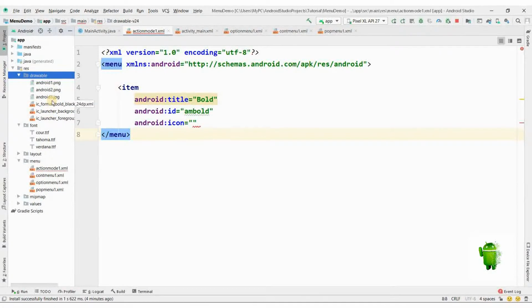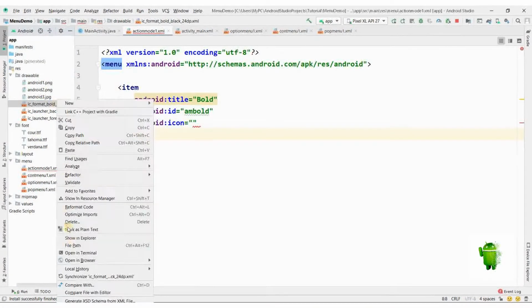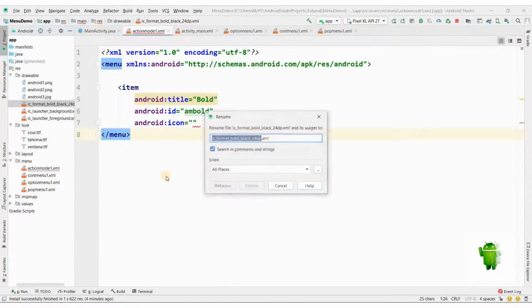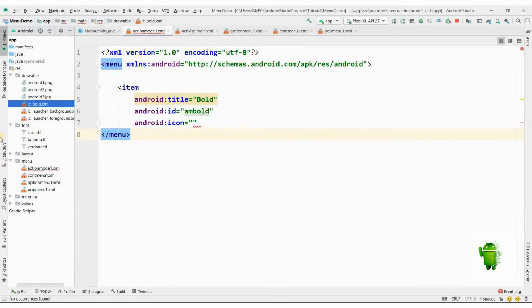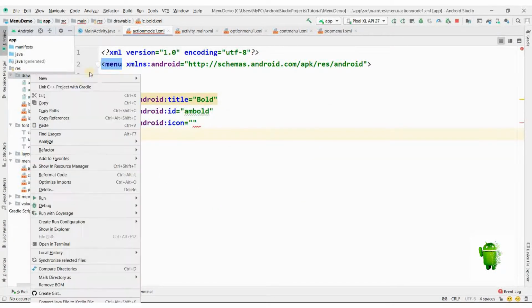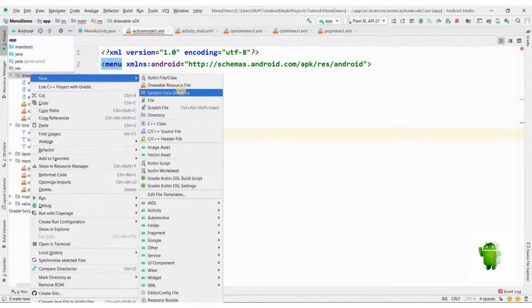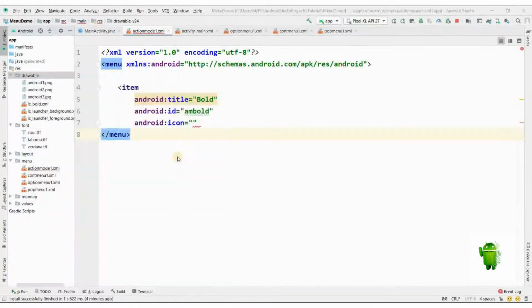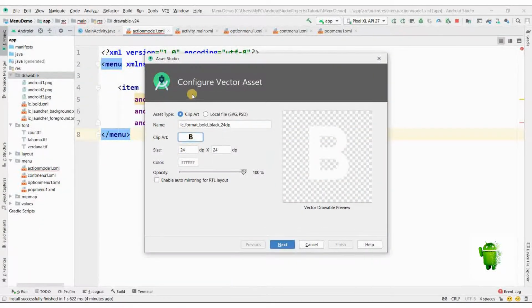So now IC format bold black. Instead of that, we will refactor and rename it to IC underscore bold. We'll create one more vector asset.